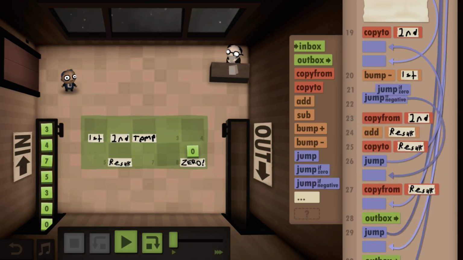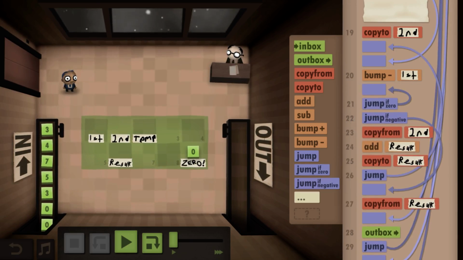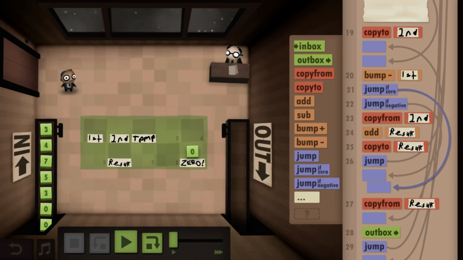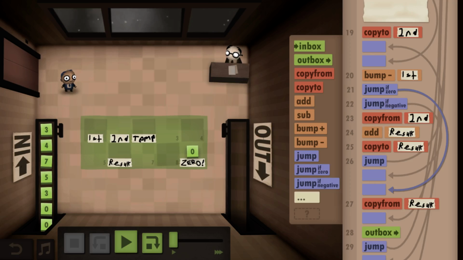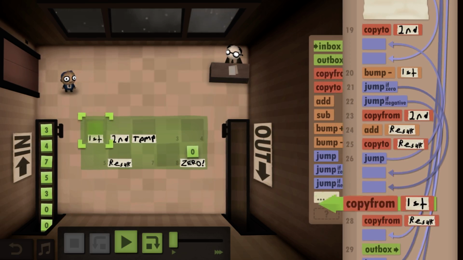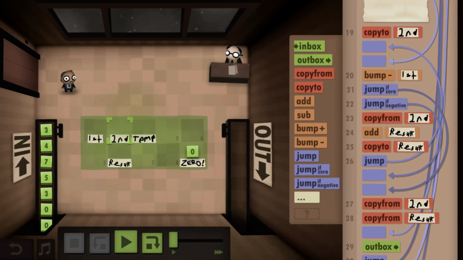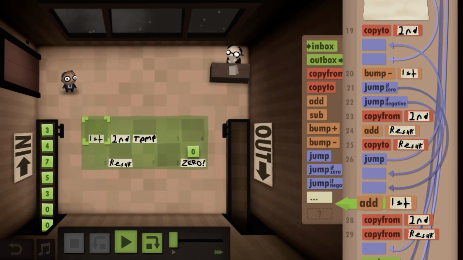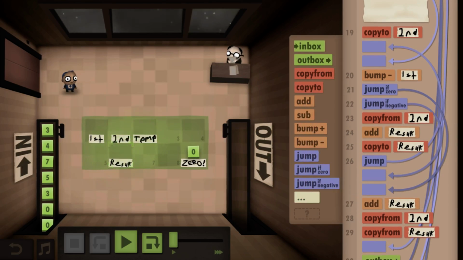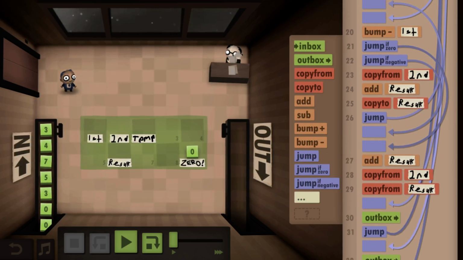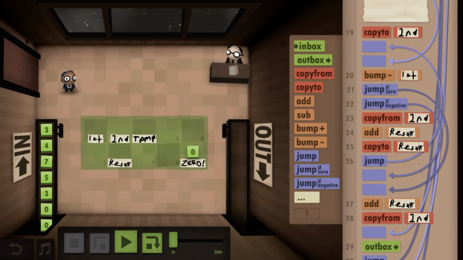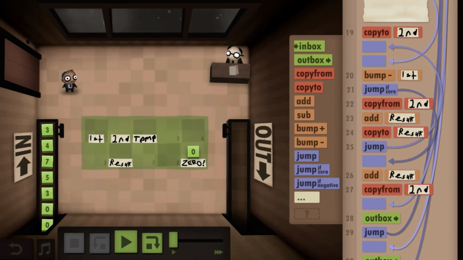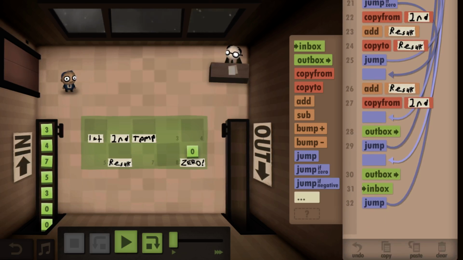If it's 0, instead of just copying the result, it's going to copy from this and add it to this, and then outbox it. More commands. We're adding more and more commands to make it more and more efficient somehow.